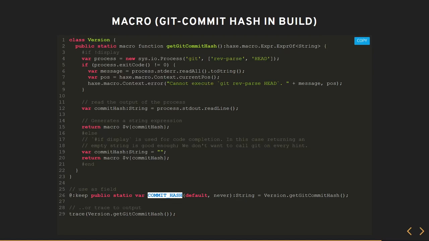But if for whatever reason you want to get the commit hash at runtime, you can also do it. So this function can also run at runtime, it's not only limited to compile time. Any questions about this slide?